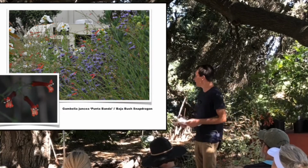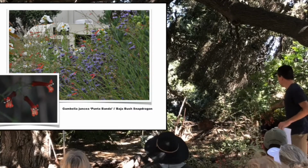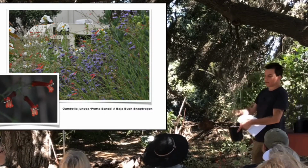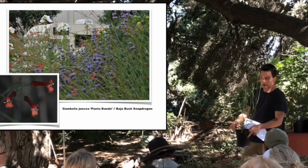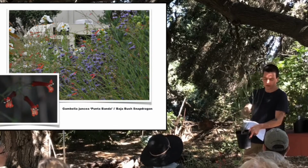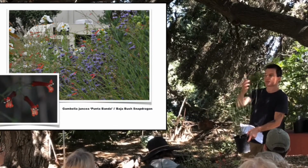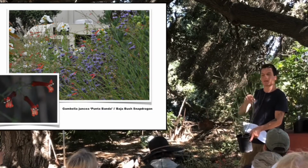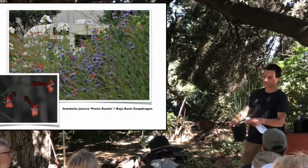Galvezia, another snapdragon from Baja California. Another good accent plant. These ones can grow fairly large, but you can also keep them upright. They are a convergent plant. They've got succulent aspects to them, so they work really well in desert type gardens. They can be pruned easily to keep them the size. This one,